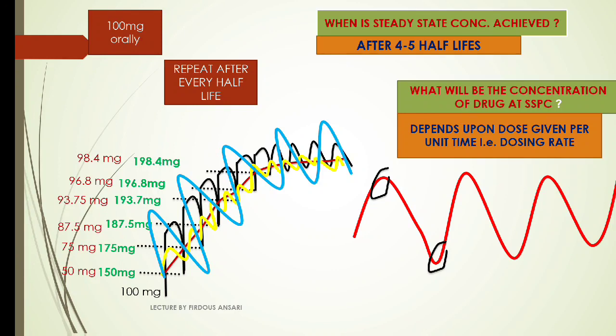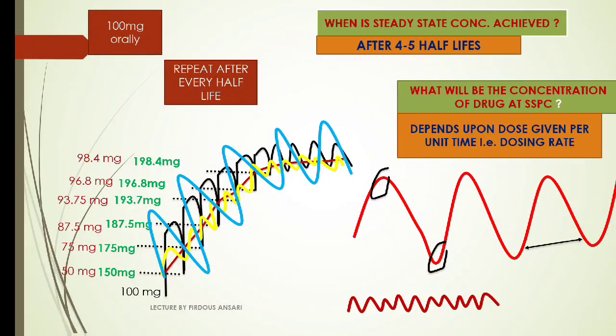These big curves will occur for the drugs that have very big half-lives. For the drugs that have a very small half-life, those drugs need to be taken very frequently. So for them, the curves will be somewhat like this. So this difference is the frequency of the dose. For a drug that is taken very frequently, the curvy lines will be very small. But here, this big gap is there. This gap is because the drug is taken at a very long interval. But we don't want this thing.